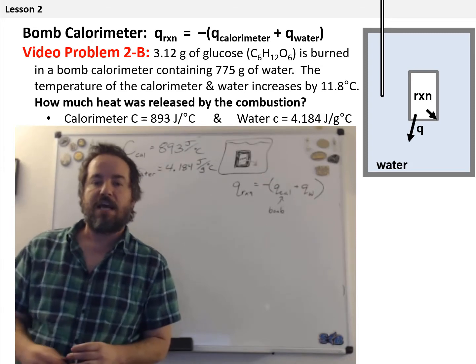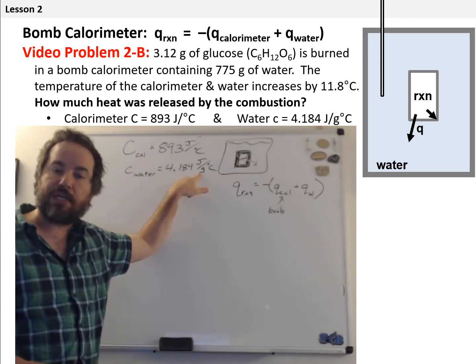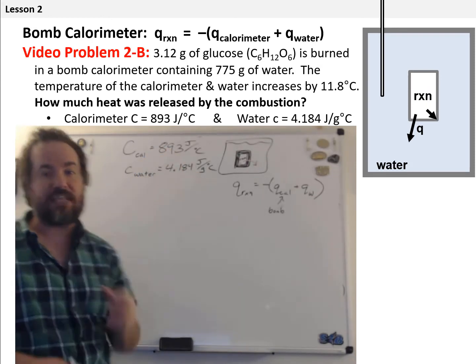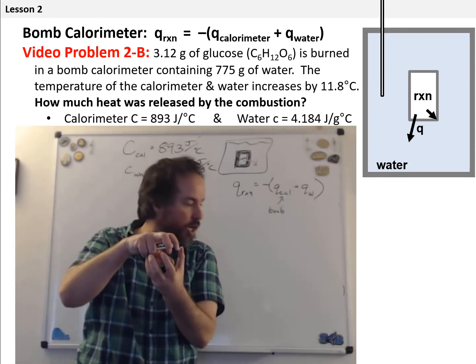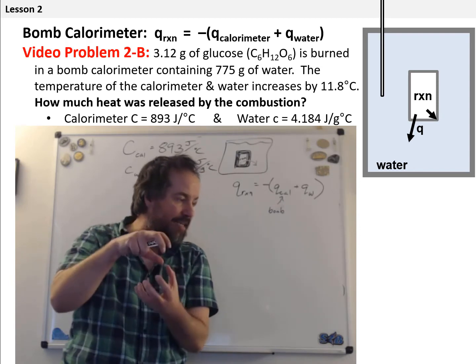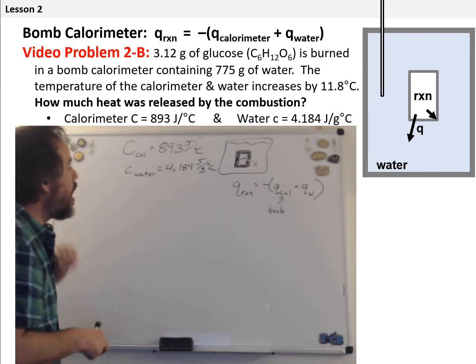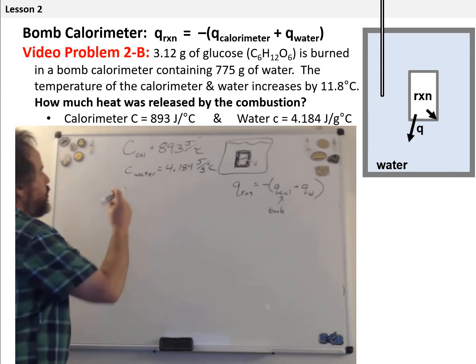Why are they different? They're different because this already incorporates mass. This one doesn't. The reason it doesn't is that the calorimeter by itself has a fixed mass, right? So that's already in there. All right, so in order to